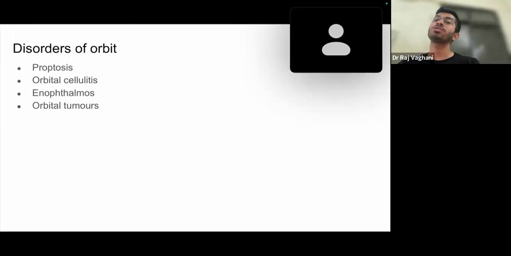Now, disorders of orbit. What are we going to study in orbit? Orbit is like the skull for the brain, right? For the brain we have the skull. Similarly, we have